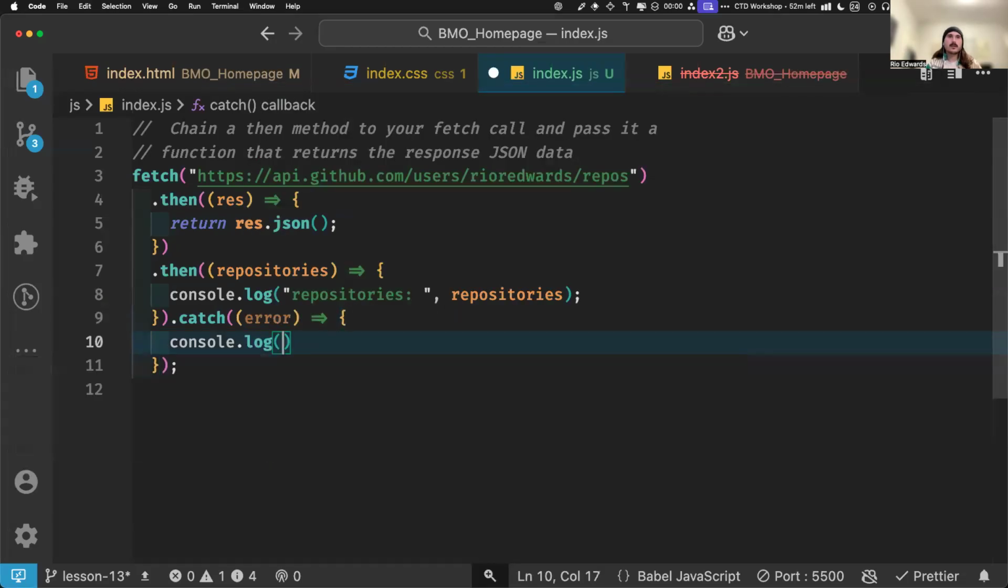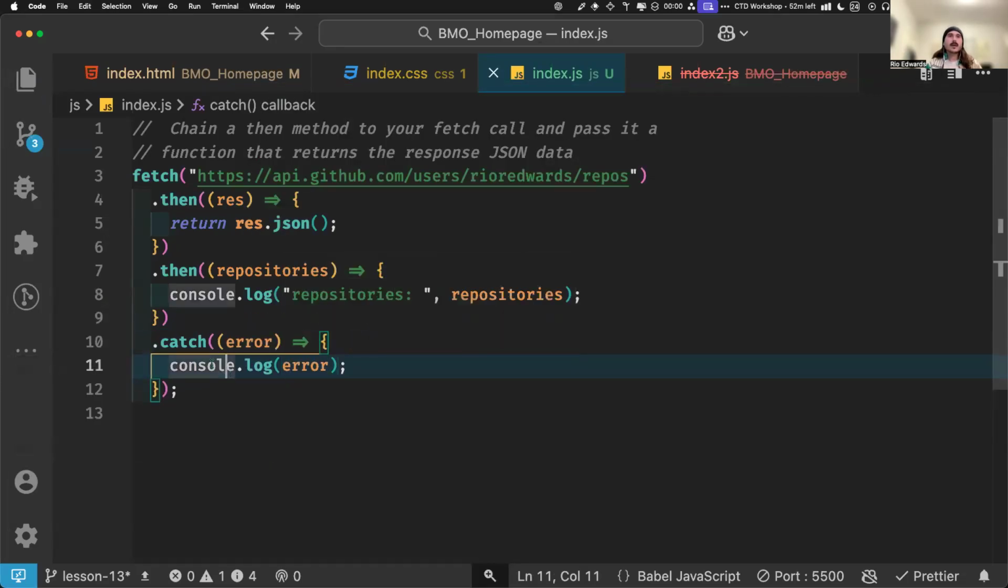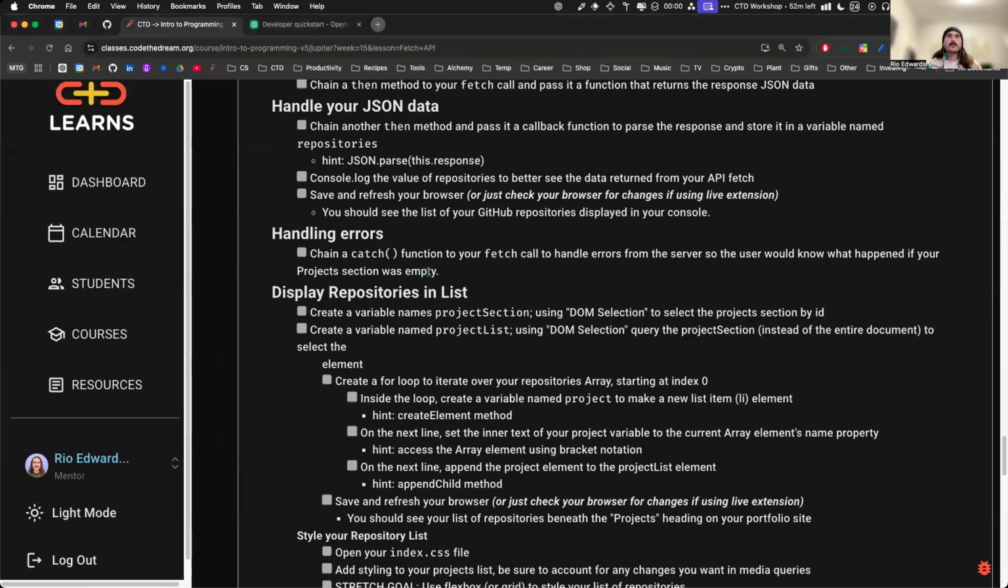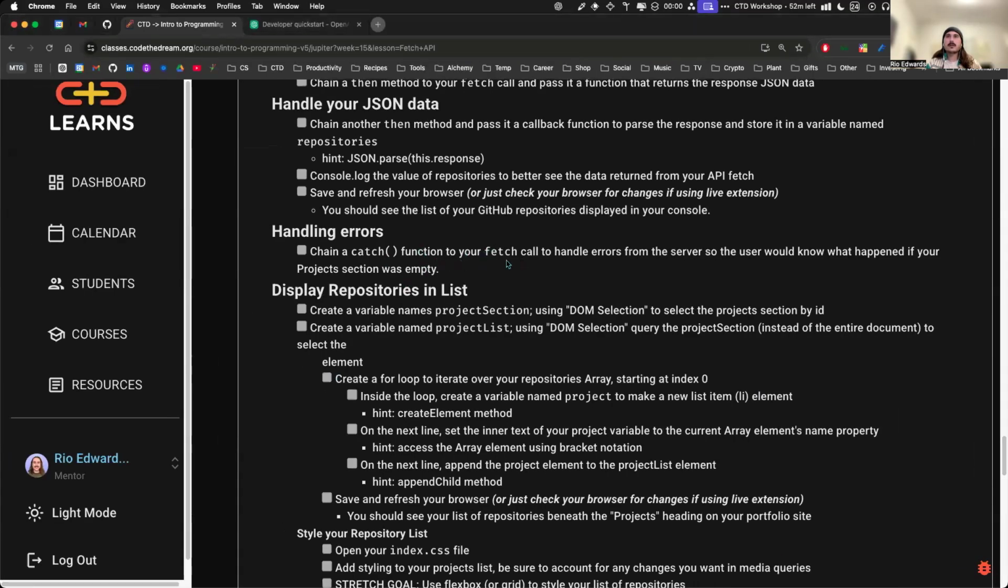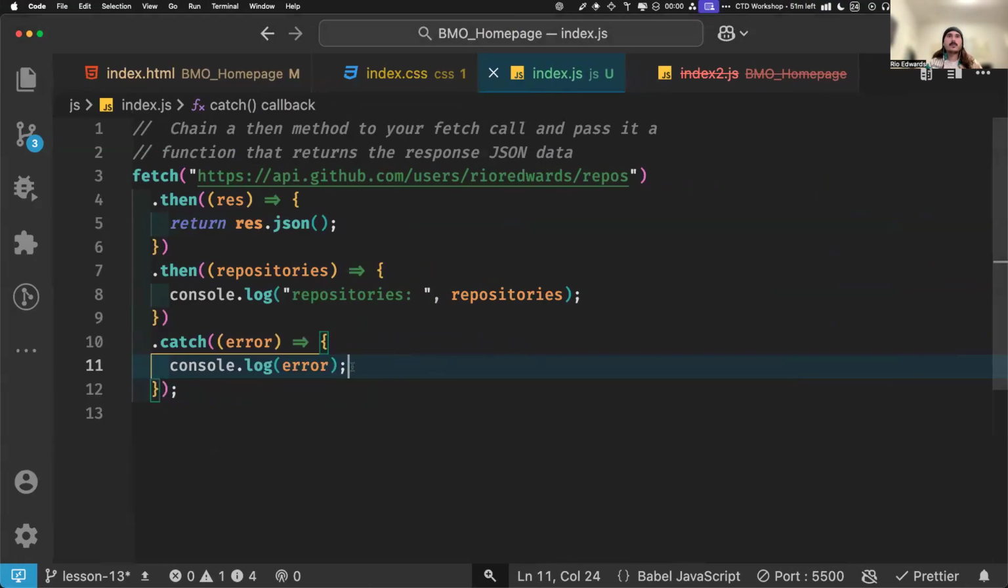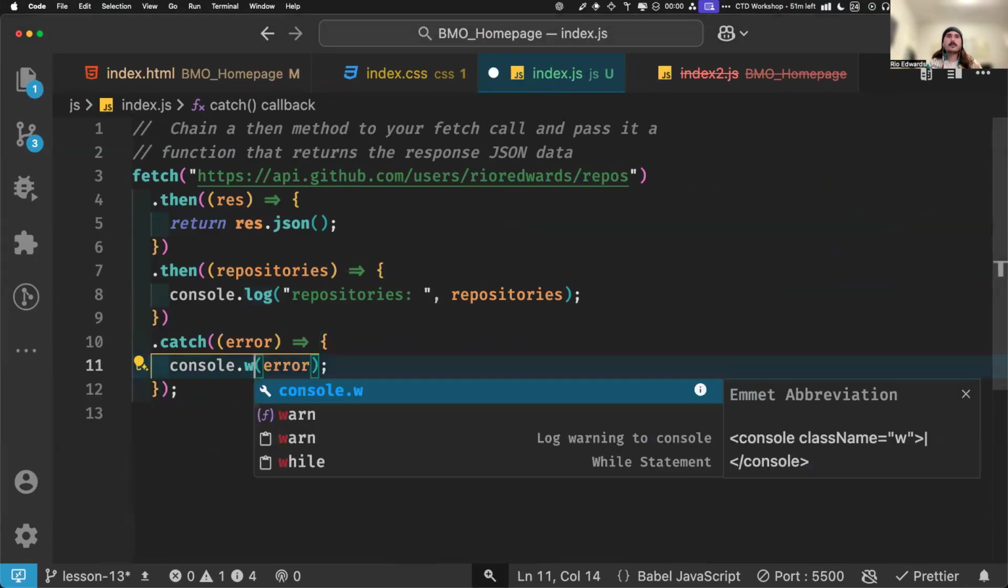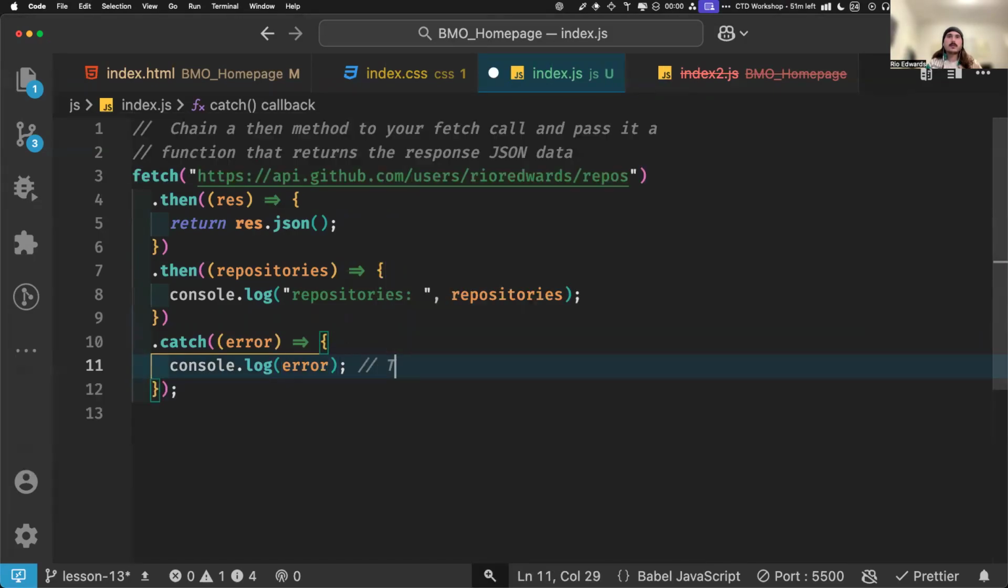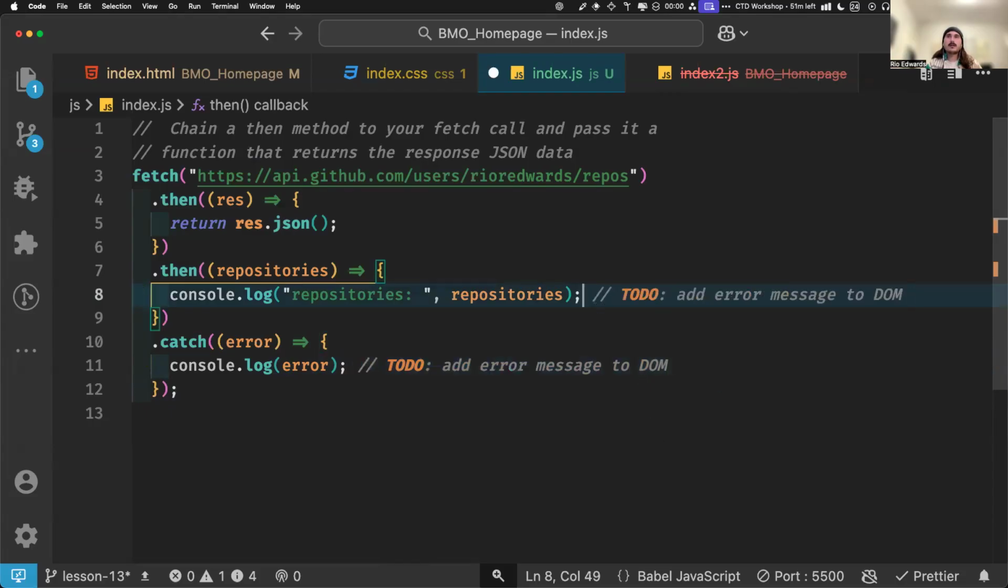So we could just console.log the error. I think we're going to do something else other than console log it, but chain a catch function to your fetch call to handle errors from the server so that the user would know what happened if your project section was empty. Okay. So we probably want to actually, yeah, I'll say to do add error message to DOM. Okay. And to do add